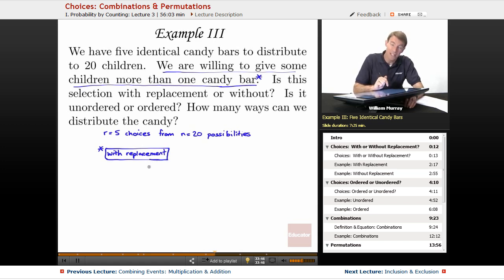Now, our second question is: is it unordered or ordered? That means if I pick Susan and then I pick Tom, is that different from picking Tom and then picking Susan? And again, the key is to look at the candy bars. In this case, all the candy bars are identical. So if I give a candy bar to Susan and then a candy bar to Tom, it's going to be the same as if I give a candy bar to Tom and a candy bar to Susan. So that means the order doesn't matter. Either way, they both get a candy bar. So it's unordered. This is an unordered selection